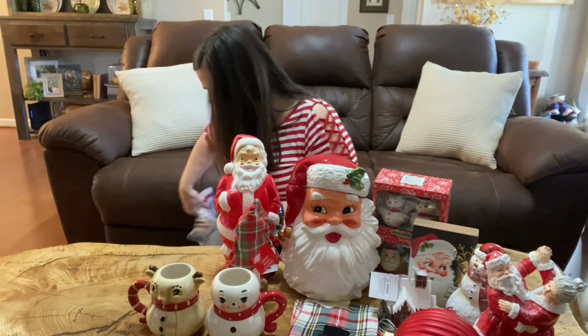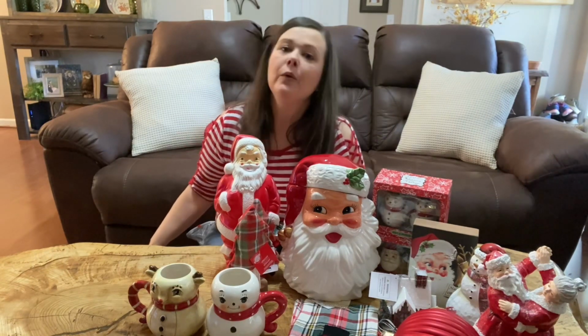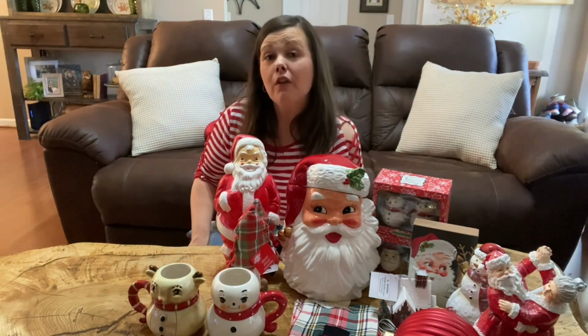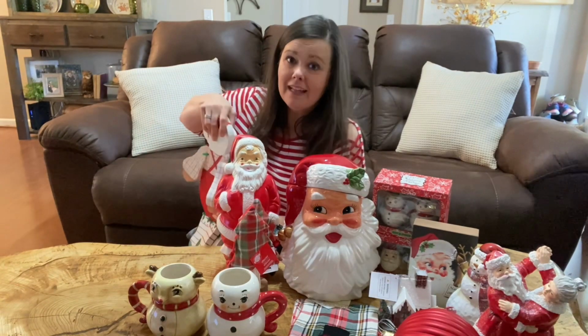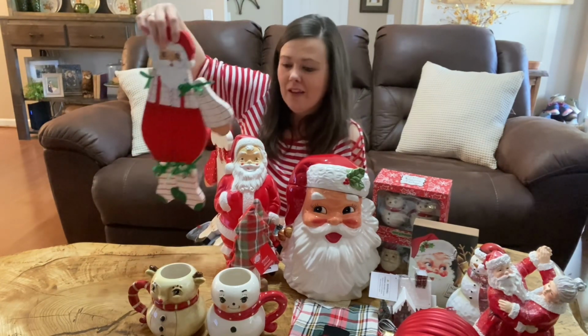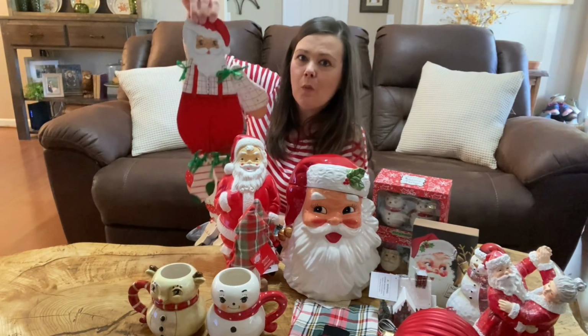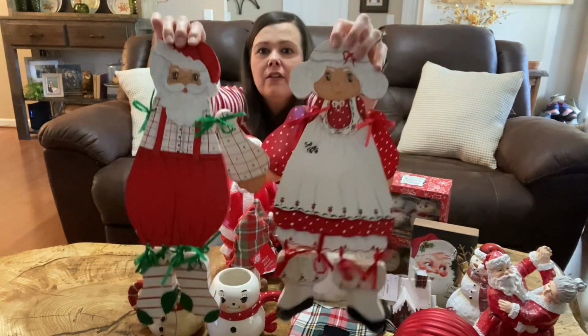And then when David and I were in Johnson City, we went to an antique store, and there was a lady that was closing her booth. All of her stuff in her booth was 50% off, so I found these. I did not need them. I have nowhere to put them, but who can say no to Mr. and Mrs. Claus? And I think they hang on the wall because they have little hangers on the back, but